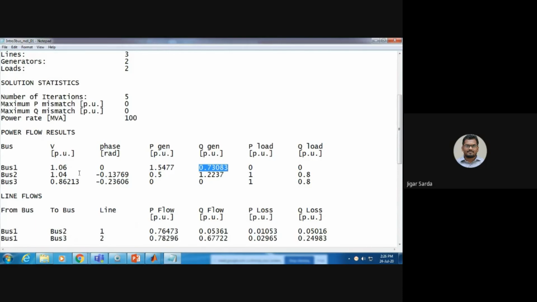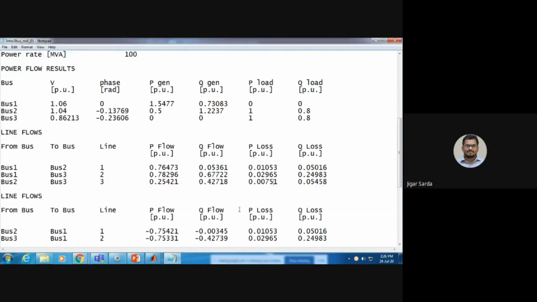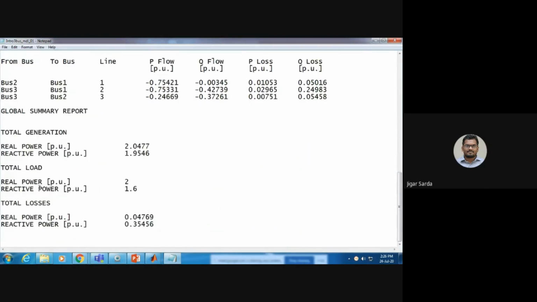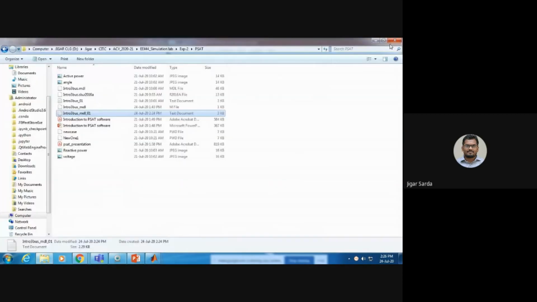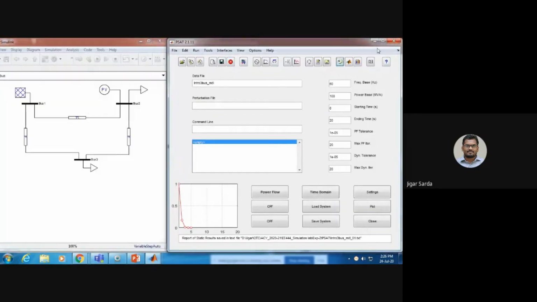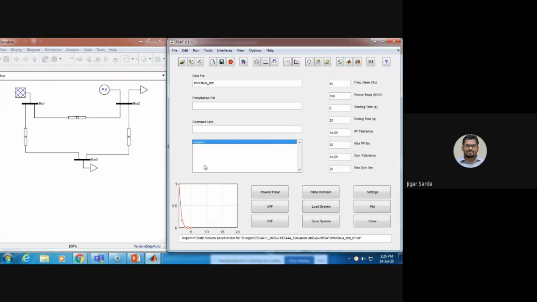And the line flow of each line: what is the active power flow, reactive power flow, and active power losses in line 1, line 2 and line 3. All the data, total generation, total load and total losses, is saved in a notepad file. So by this way you can perform the power flow analysis in PSET software.